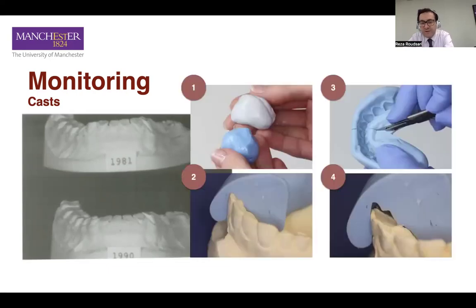But here's one of our favorite methods to monitor wear. Essentially what we do is we use a putty. Once you mix the putty together, you make a vertical cut, very similar to how you make a preparation depth gauge when you're doing a crown prep, and you put it on an old cast if you had one. If not, you take one of the patient today, then save the putty, and then when you see the patient in 6 months' time, then put it back and see if you can see any sign